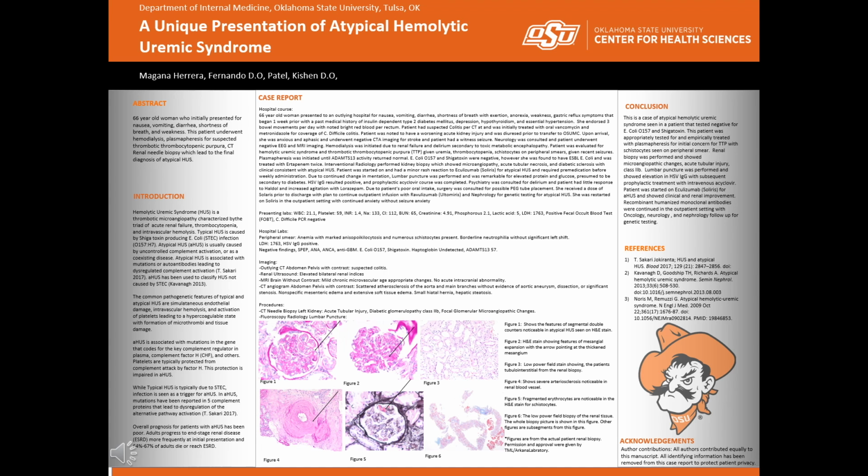The diagnostic criteria of atypical HUS is, one, thrombocytopenia with platelet count less than 150,000 or less than 25% from baseline; two, microangiopathic hemolytic anemia that is seen with schistocytes and or elevated LDH; and three, end organ damage, which can be seen in renal manifestation, neurologic symptoms, or GI symptoms. Other rare organ damage, including pulmonary symptoms or cardiovascular symptoms, can occur.